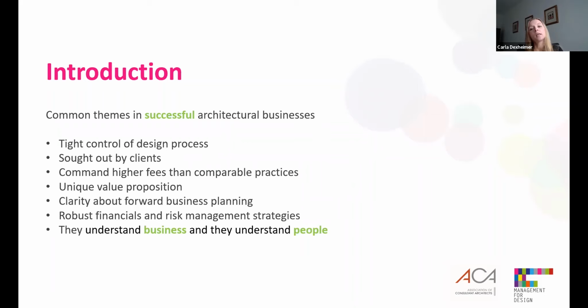To recap what we discussed in our previous webinar, through our years of industry experience, we've had the opportunity to identify a number of common themes that we see throughout successful architectural businesses, a selection of which you can see on the screen. Note that not every successful firm will have all of these qualities, but they will almost certainly display a majority of them. So have a look at this list and then reflect on your own practice. Where are you strong? And what are your best qualities? And once you've identified what you should continue to do, you can also identify areas where you're lacking or need support in order to improve.